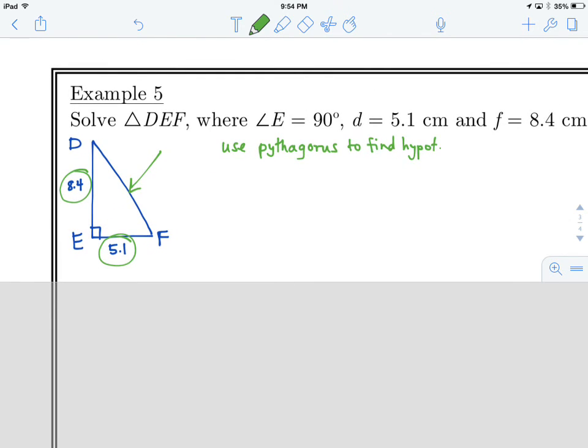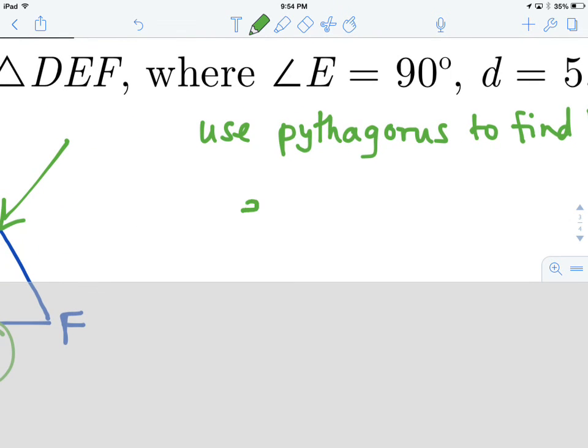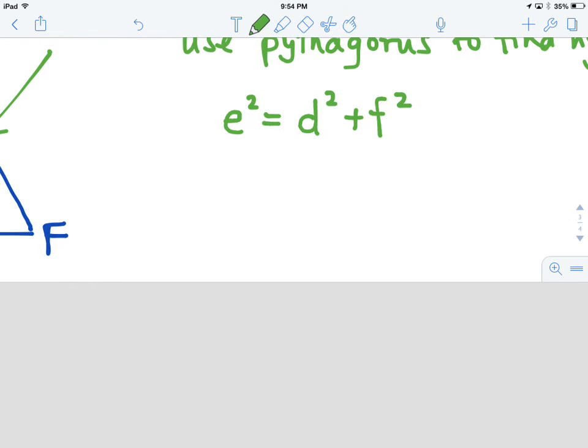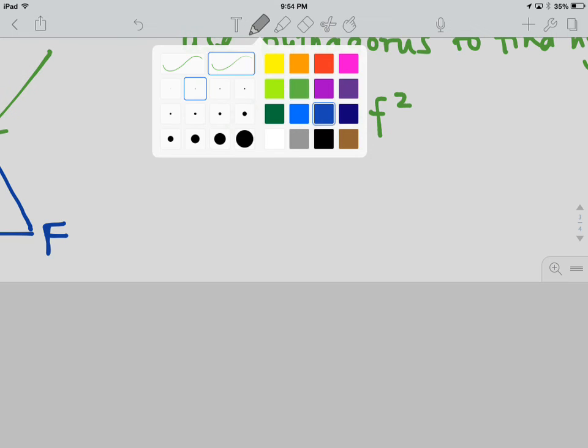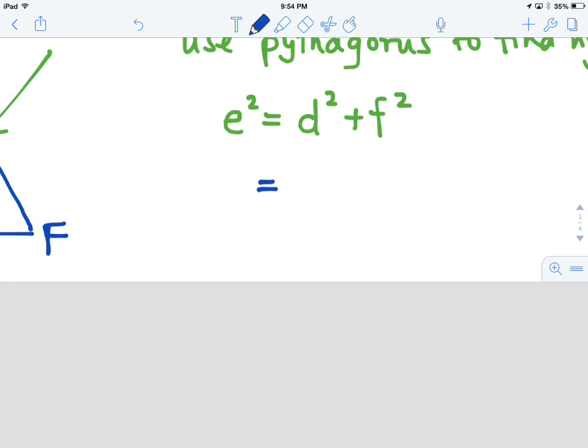And the way that we say that is that E squared is equal to D squared plus F squared. We can use this because it's a right angle triangle. And so subbing in, D squared is 5.1, F squared is 8.4,